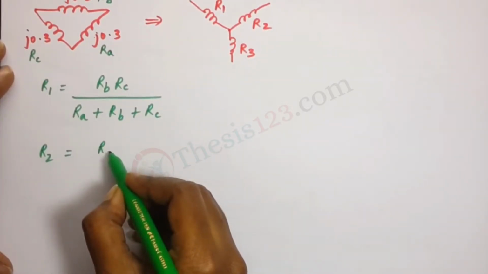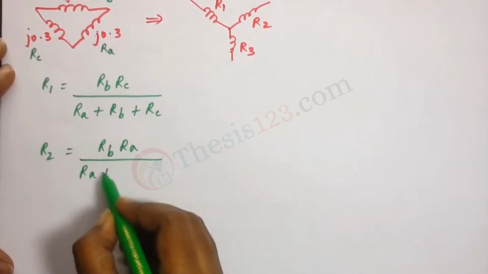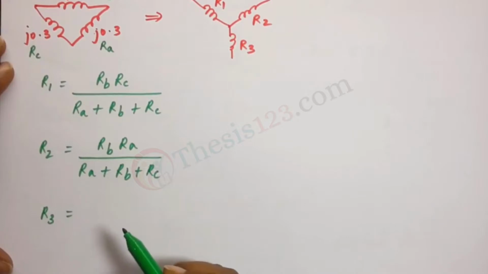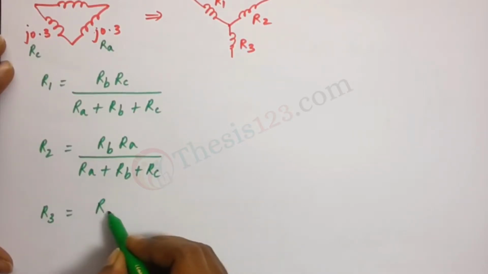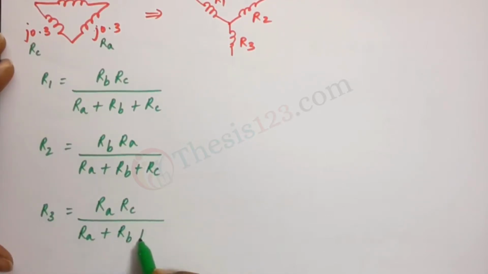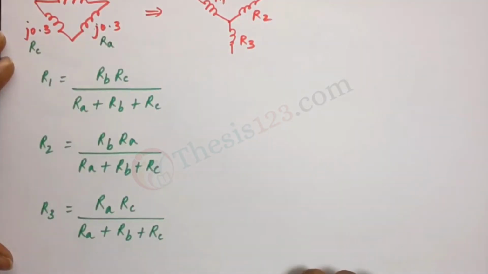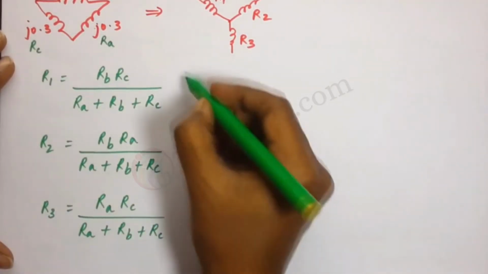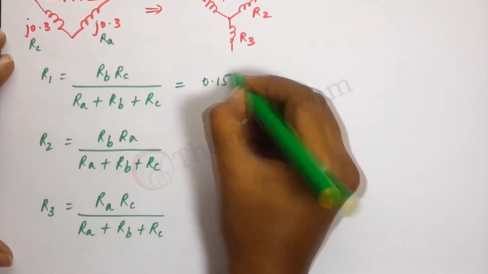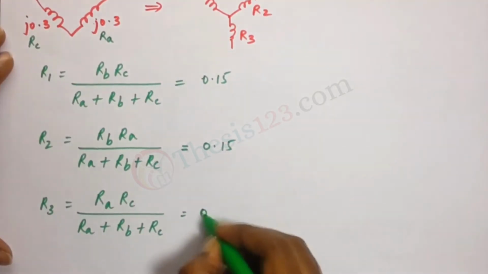would be RB RA divided by RA plus RB plus RC, and R3 would be RA RC divided by RA plus RB plus RC. Okay, so we have our values here and we can calculate what R1, R2, R3 is. Plug in the values. You will find that R1 is 0.15, R2 is also 0.15, and R3 is